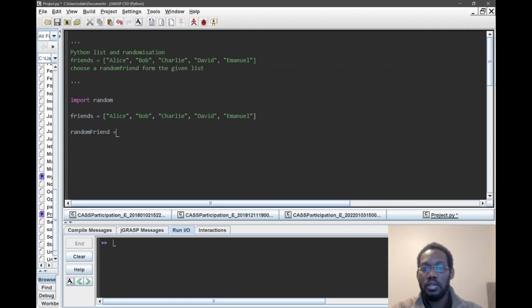And that will be random.randint, which will start from the 0 position and give you the length of friends as well,